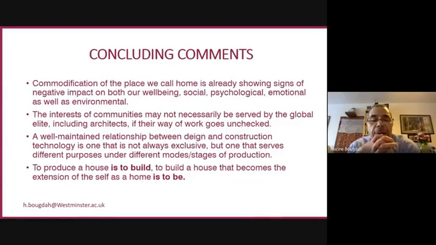To build a house that becomes the extension of the self as a home is to be. Of course, I said the house, but it could be a city, it could be a settlement, it could be anything. It's really our built environment as a whole. So there is a difference between a physical infrastructure and something that means something to people and touches people's lives, as well as providing them with a physical structure. Next, please.